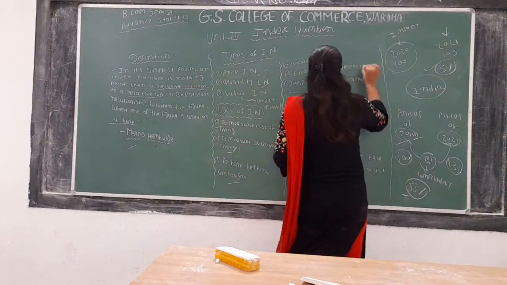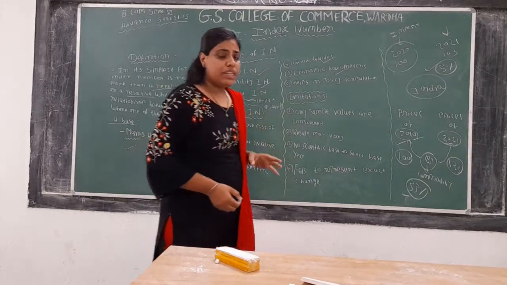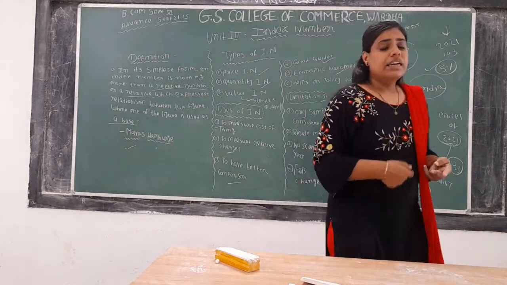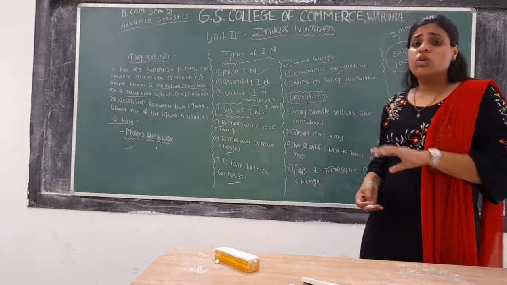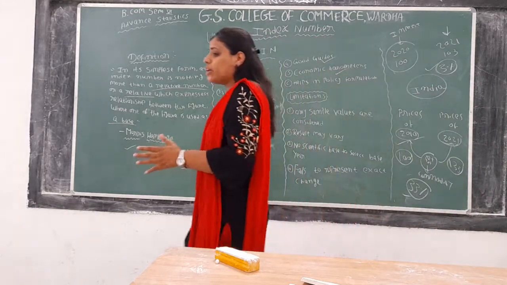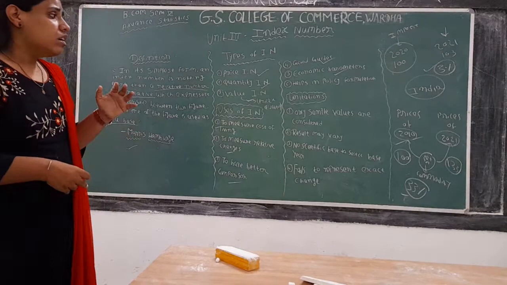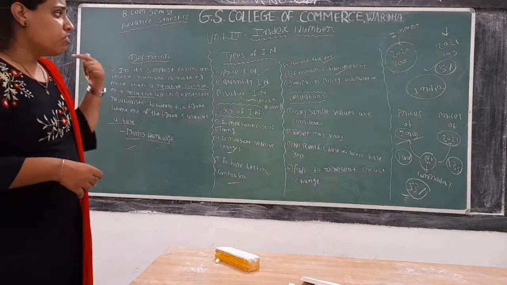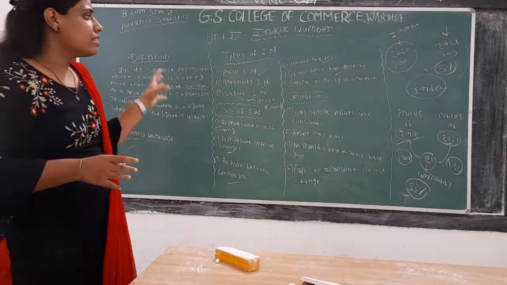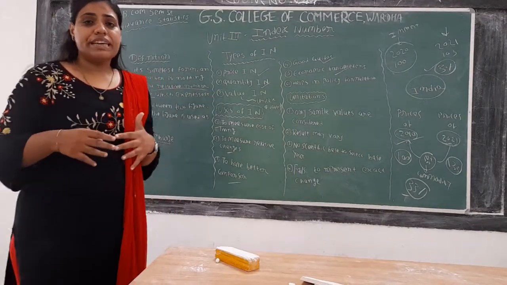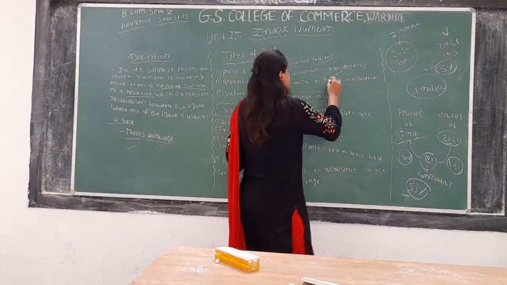Okay, after that, economic barometer. As I have told you, there are so many things like GDP, index of industrial production, exports, imports. So the changes in all these macroeconomic variables over the period of years can be measured with the help of index number. And if any policies need to be made regarding this, this index number can be taken as the base for formulation of those policies. That is why it is known as economic barometer.